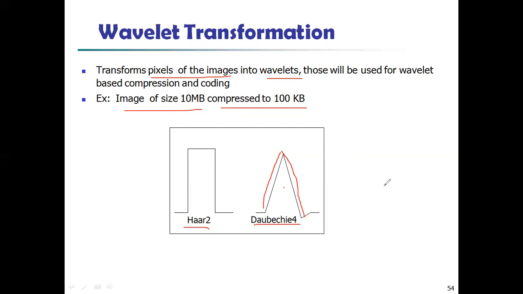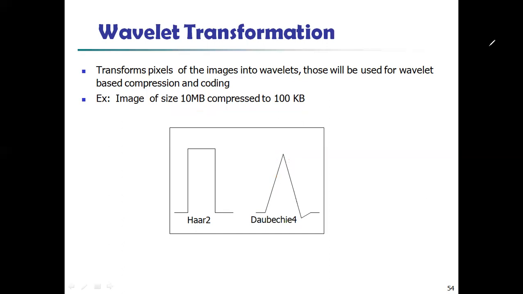Okay, every day in many offices we have machines for thumb impressions, isn't it? That data can be saved by using these compression techniques. Within that, this methodology is implemented. The wavelet transformation technique is used to compress the thumb impression data. That is another real example of wavelet transformation. Clear?